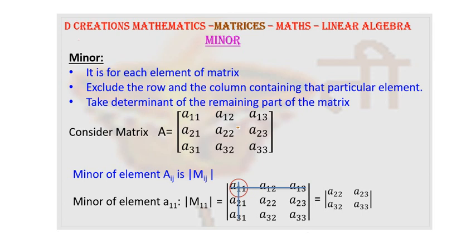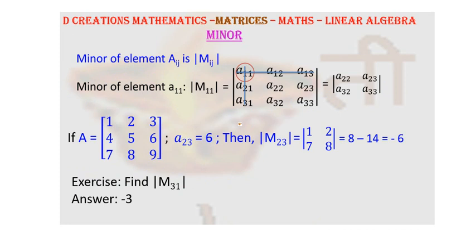Of course, in order to understand it, let us look at an example. So we will consider a matrix. This is the given matrix: 1, 2, 3, 4, 5, 6, 7, 8, 9. For your reference, I have again written what exactly is a minor. Now let us imagine an element A23. So what is A23? Element in second row, third column. That means the element is 6. And now we want to find out minor for this particular element.